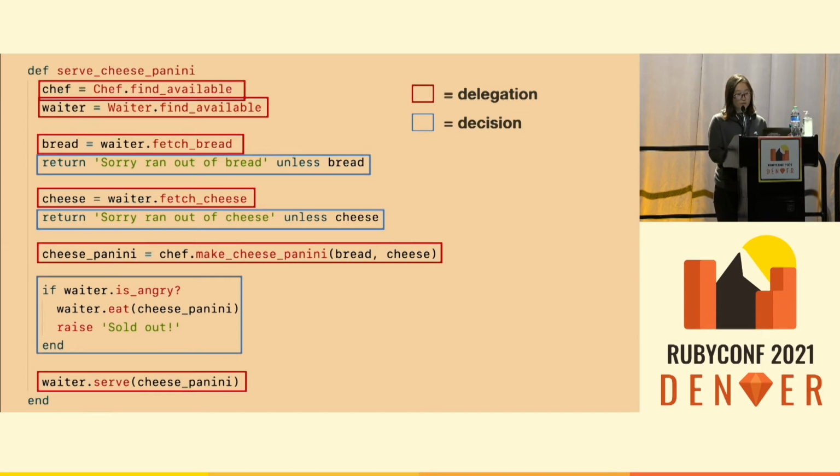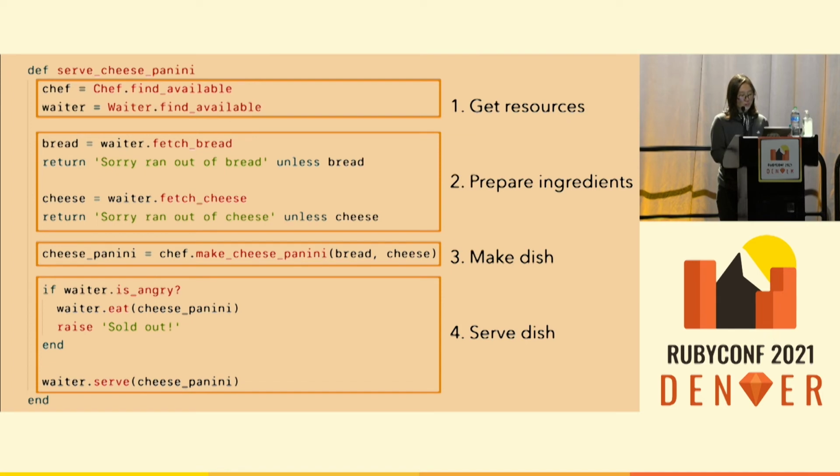It is a classic example of mixing delegations and decisions. What's bad about this is that if we want to test, those delegation parts will be a painful setup for every branch of the decisions that you want to test. And when we want to test the delegation, the contracts, we need to pay extra attention to those decision branches as well. So how to avoid that? If we think again about the boundaries and the responsibilities, we can actually identify 4 responsibilities that this function orchestrates.